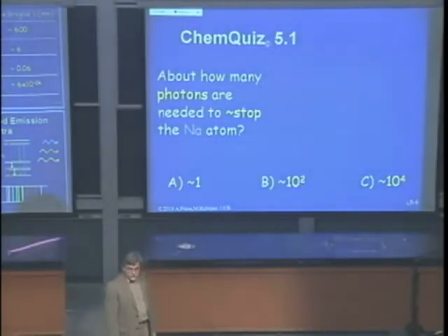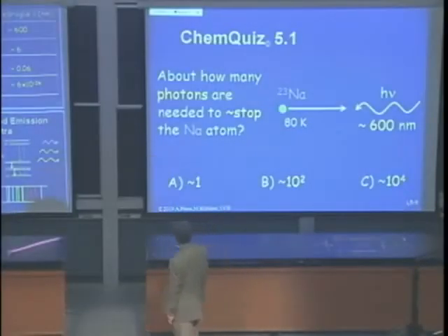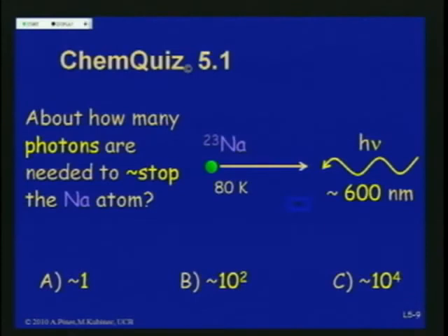So we have a sodium atom, and we know the sodium atom at 80 degrees Kelvin has a certain velocity, because temperature and velocity are directly related, okay? And I can calculate the momentum for this. Now, if I have that sodium atom going in this direction, it has a forward momentum in this direction, and now I use light, photons, and I hit this with light.